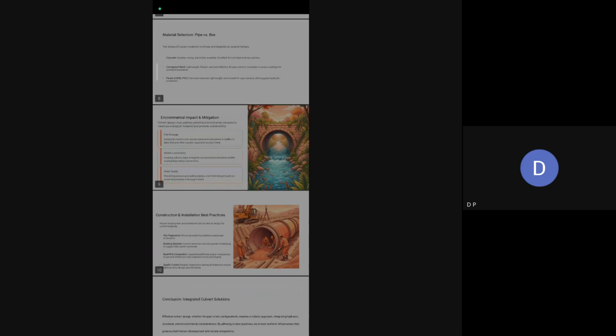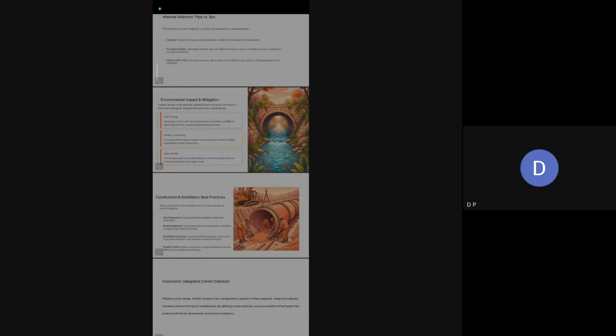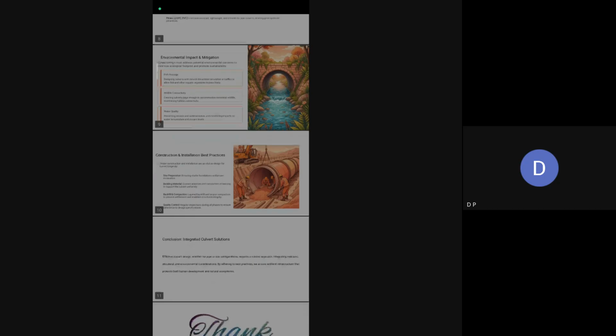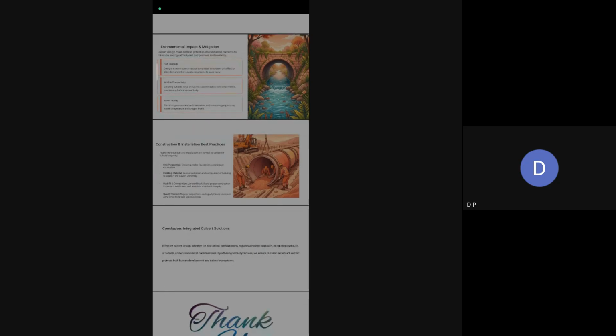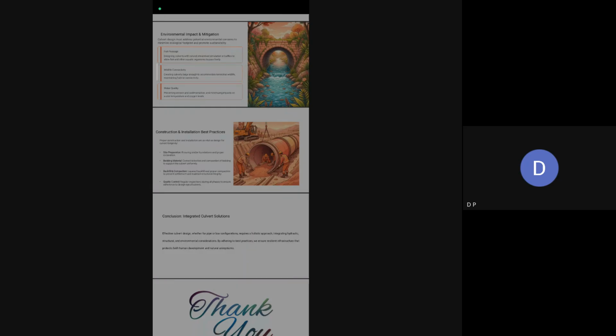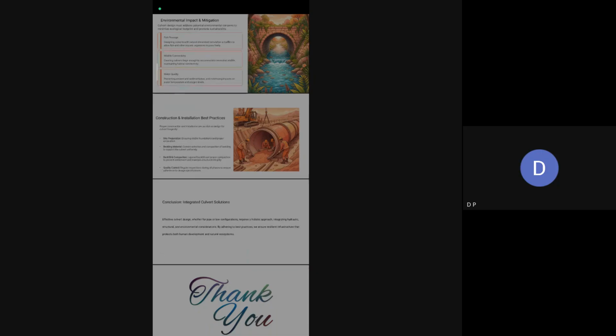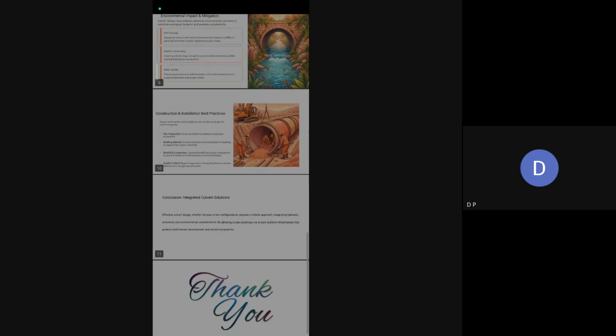Next, environmental impact and mitigation. Culvert design must address potential environmental concerns to minimize ecological footprint and promote sustainability: fish passage, wildlife connectivity, water quality. Next, construction and installation best practices. Proper construction and installation are as vital as design for culvert longevity, such as site preparation, bedding material, backfill and